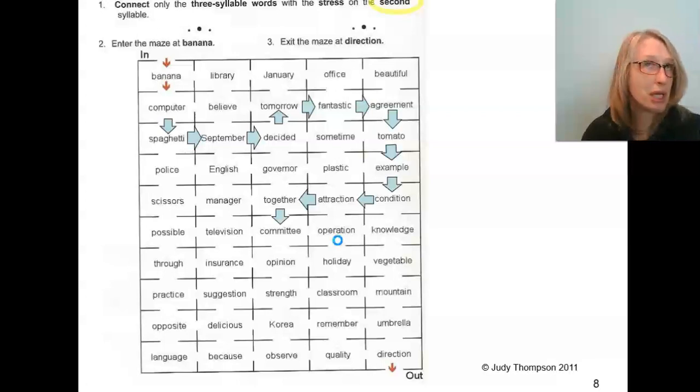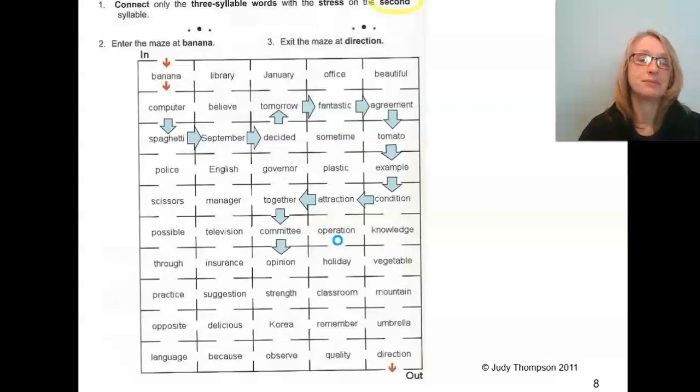And this one is not community. It is committee. So a committee is where you have a group of people that all meet together and they have different responsibilities. Usually it's to solve a problem or take care of a special project. So a committee, the T's are not pronounced, but the stress is on that middle syllable, committee. Then we have